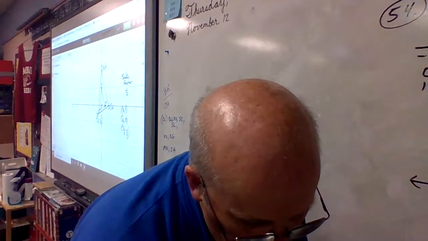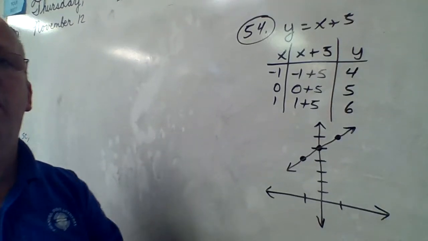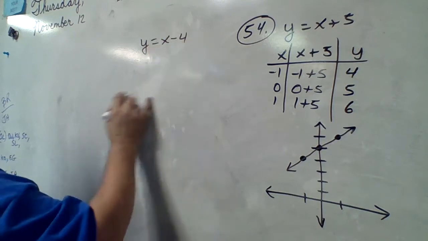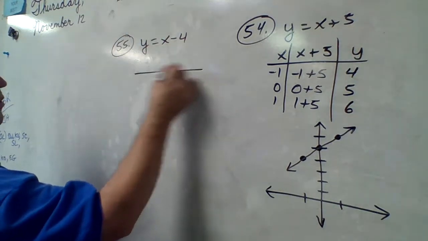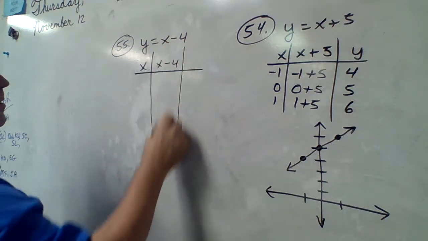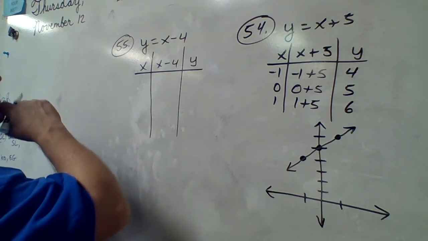55 says y equals x minus 4. Problem 55. Okay, so create some x values. I'm going to write the x minus 4 here. I'm going to write a y there. What are my x values going to be? I want to make this pretty easy on myself. How about